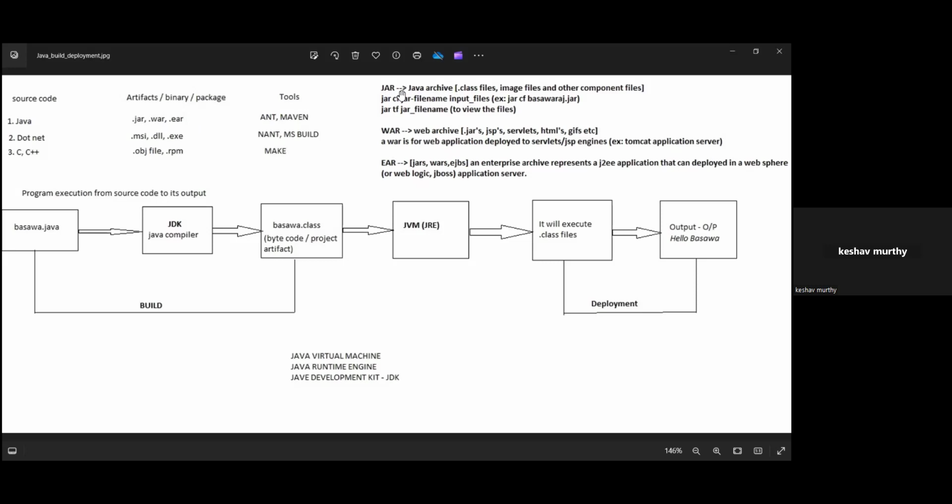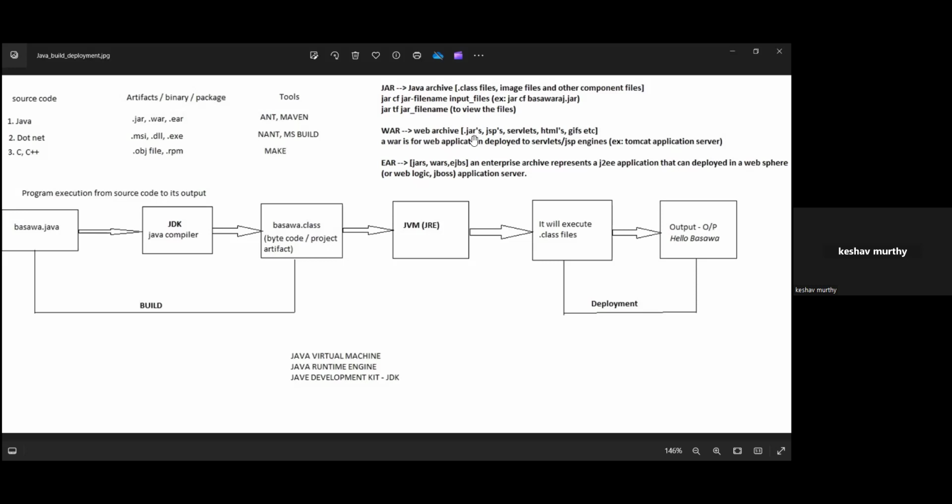It contains all .class files, images, sound, and other files which will be needed in a whole application. We're going to develop some application. For that application, you're going to compile the Java source code and you're going to get something called .class files. That is the compiled version of your Java.